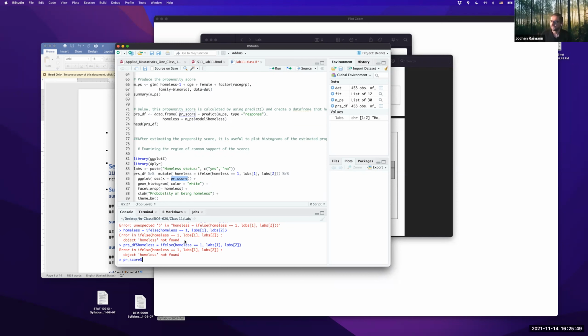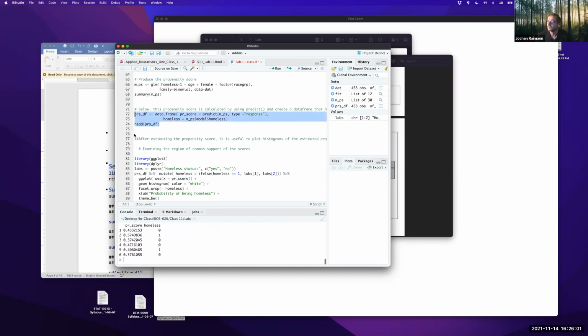So what we're getting here is this now. Where's this coming from? Hold on a second. This is PRDF. It comes from PRDF. PRDF. That's one. PRDF. Homeless. PRDF. Not found. PRS. Oh, good. PRS DF. Okay, so we're getting PRS the